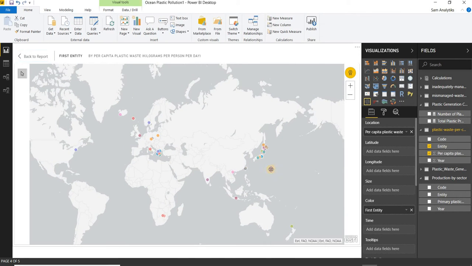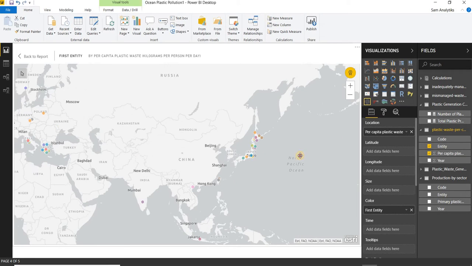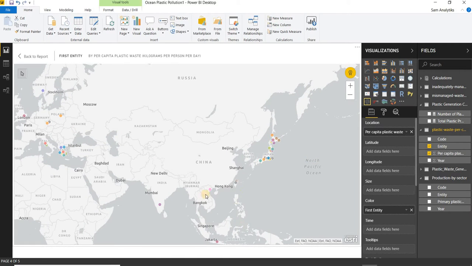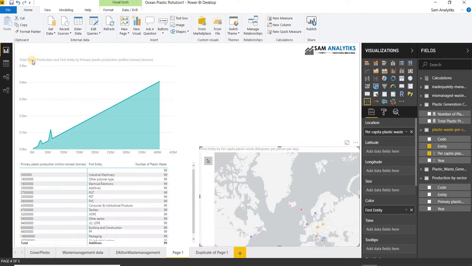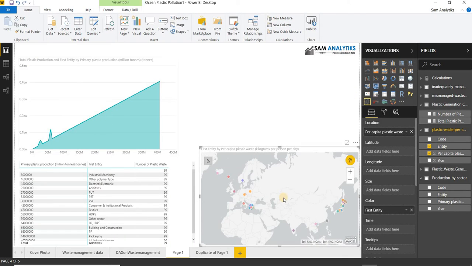And if I go deeper into this data, I can see that Japan and China are equally contributing to plastic pollution than the rest of the other part of the world. So the production facilities are actually in this part of the world, which is creating more of the plastic pollution for the ocean, that needs to be checked back onto.